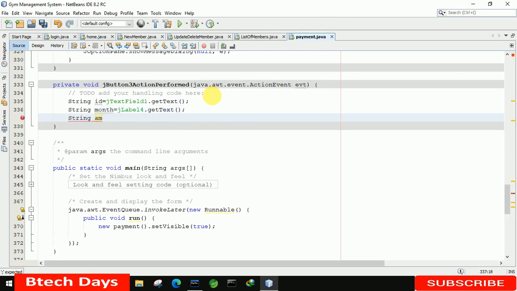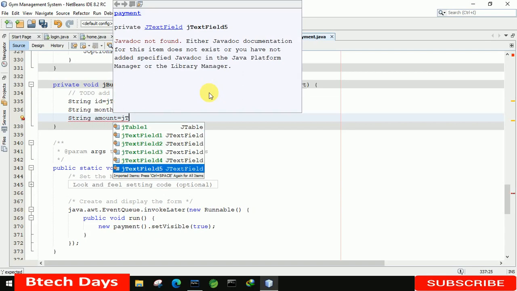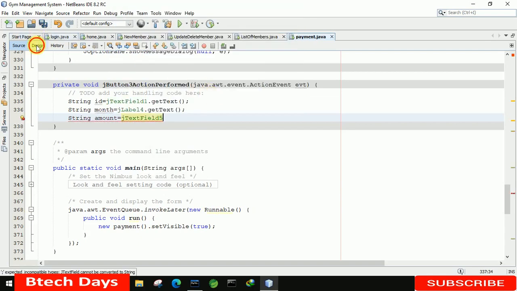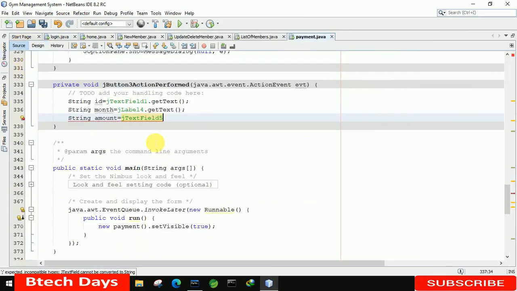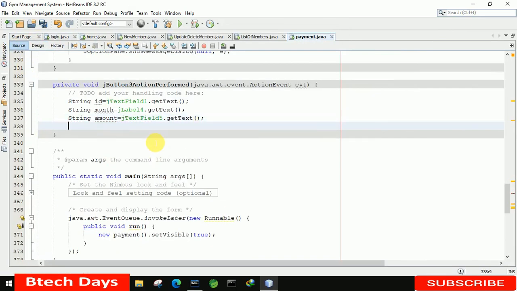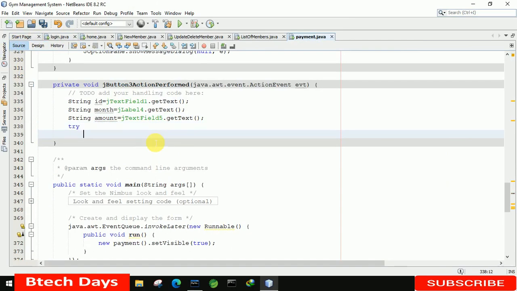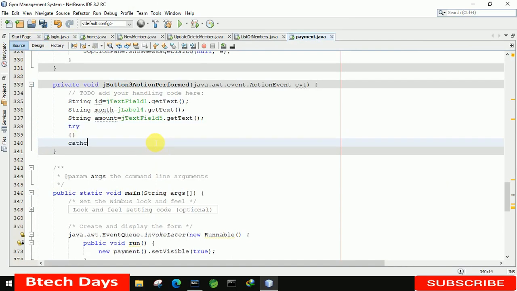amount equals jTextField, that one is I think the fifth one. Let's check it. Yeah, it's 5. TextField5.getText. After that we have to write a try catch block again, catch.